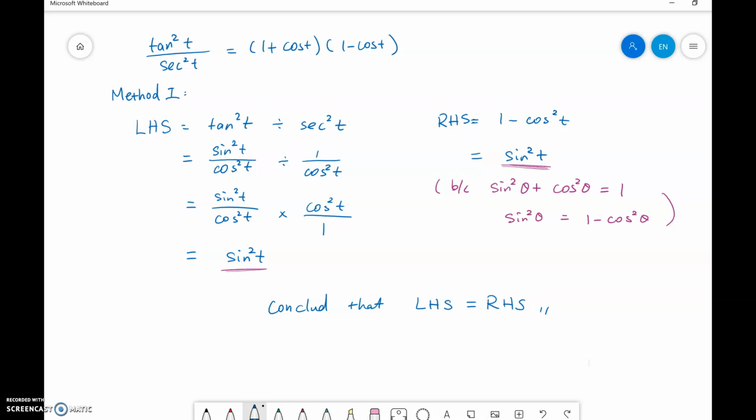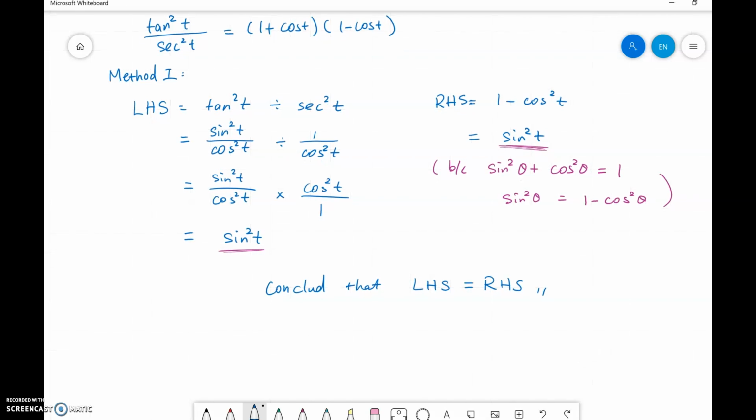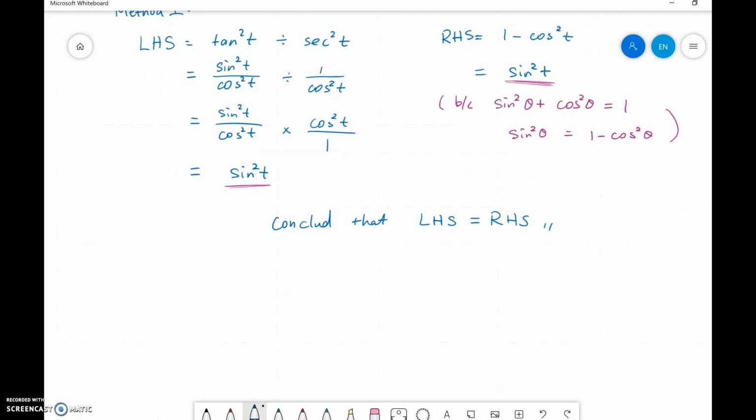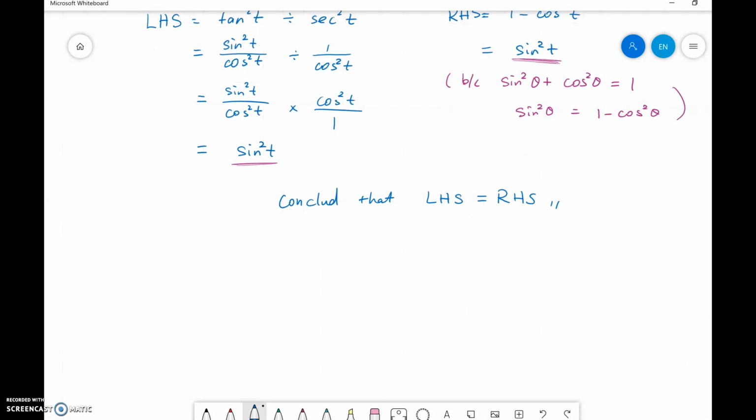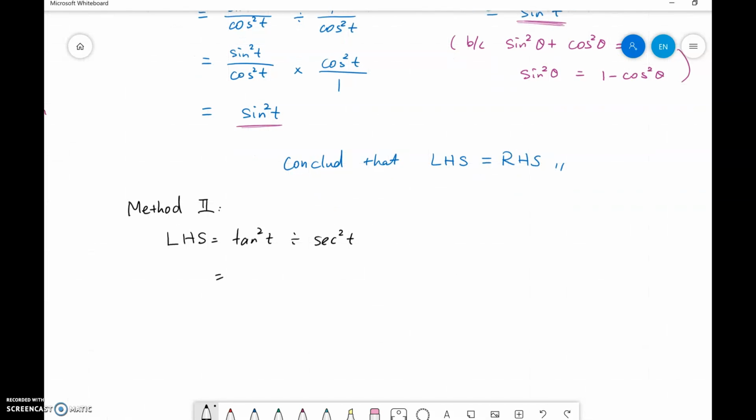But sometimes you feel it's a little bit too complicated. How do I know when I should stop? What if I do want to continue? You can continue. So this is my method 2. If you are going to continue, I'm just going to really quickly copy down